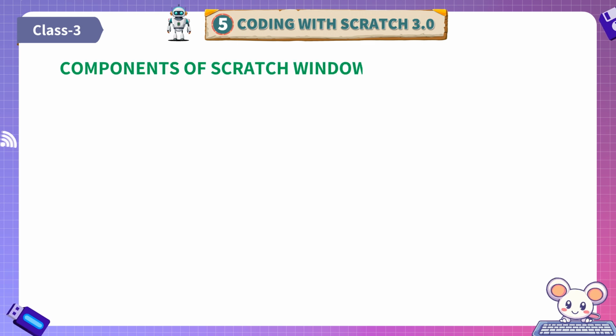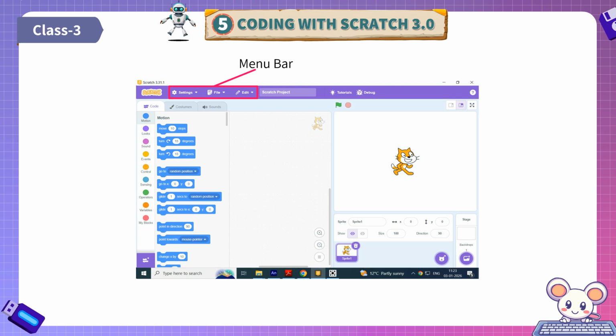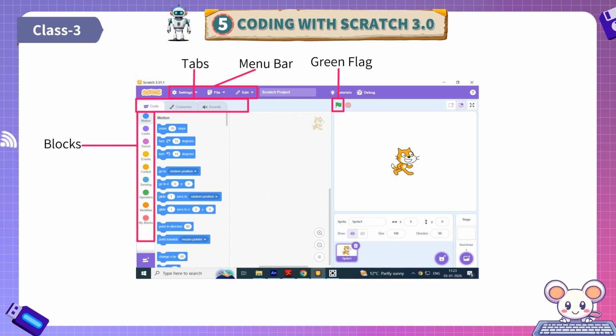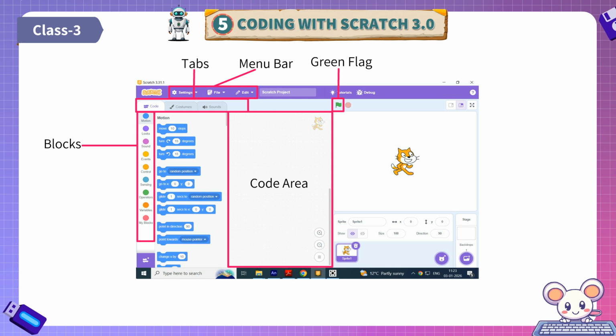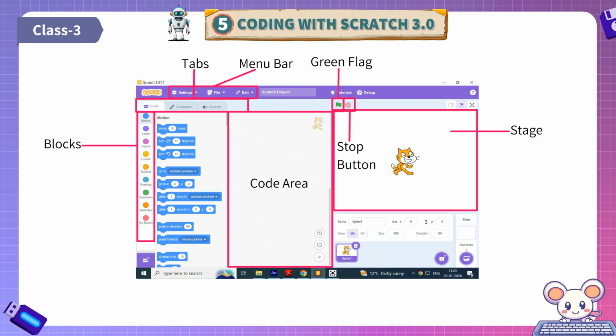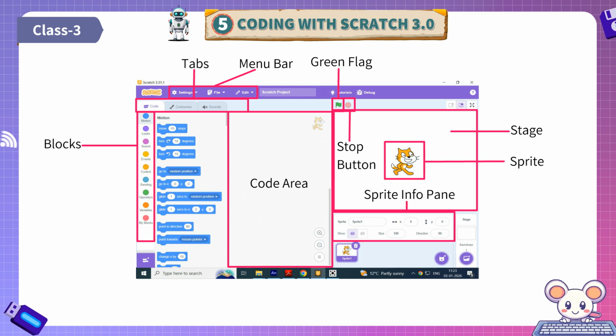Components of Scratch window. Menu bar. Tabs. Green flag. Blocks. Code area. Stop button. Stage. Sprite. Sprite info pane. Add extension.